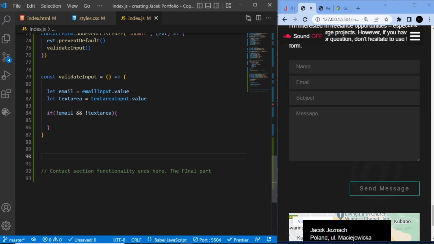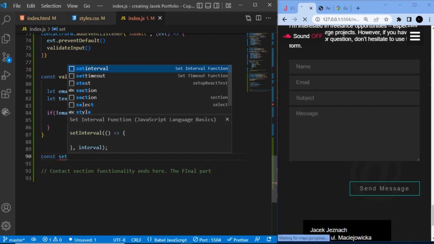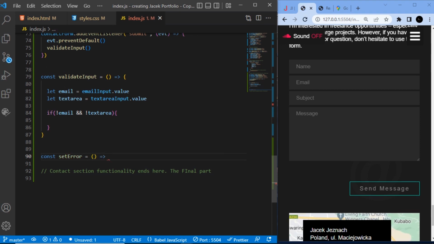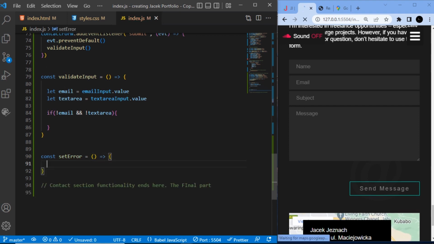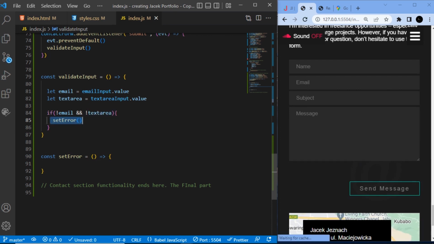And basically we want to create that error function. Let's just go with set error, like so. This is just a function that we're gonna call in our if statement. Now that we created this set error, we're gonna pass in some kind of parameters, and then we're gonna invoke the function in our if